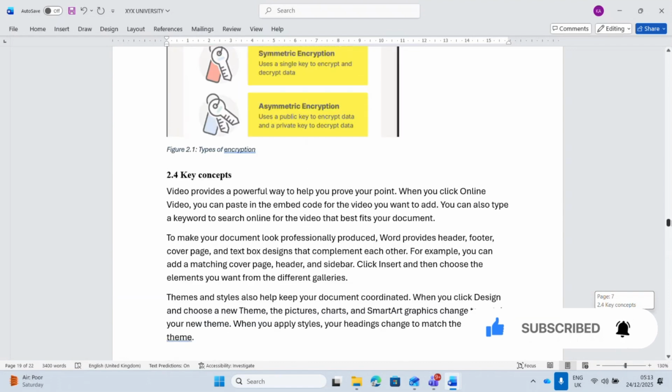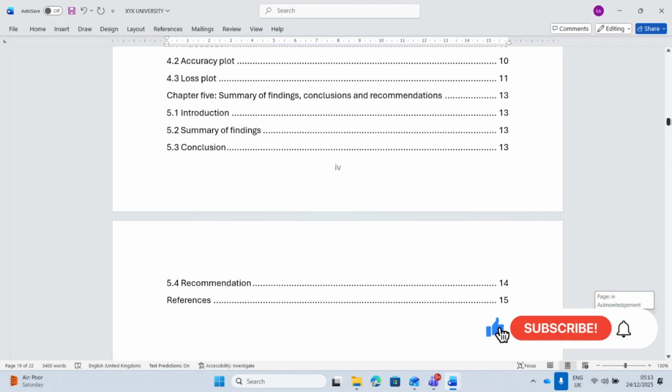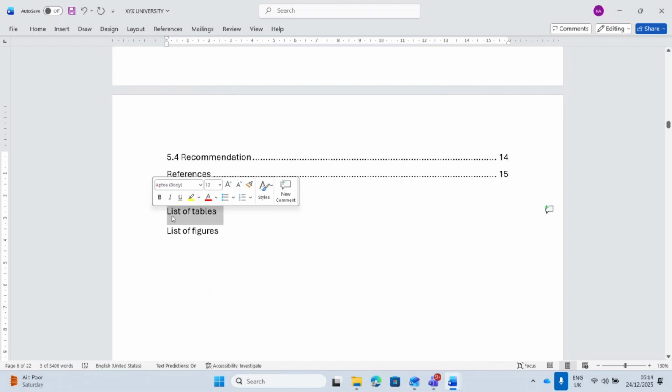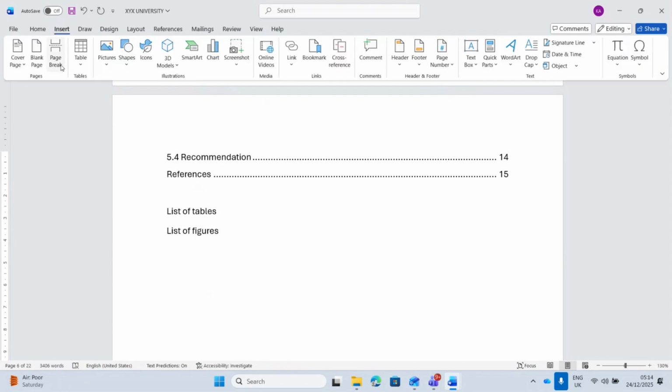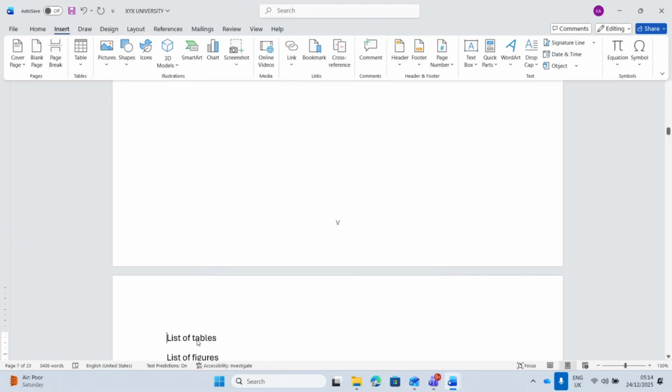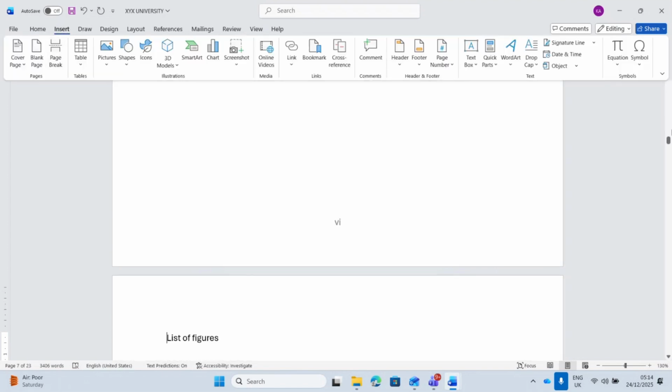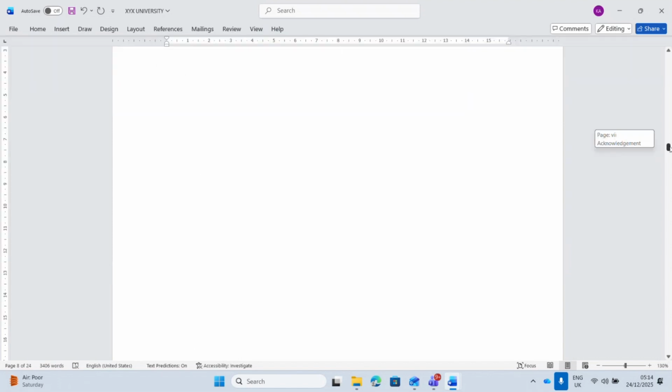based on these numbers. So I go to my table of content and then I type in here list of tables and then list of figures. So normally I prefer having my list of tables on one page and also list of figures on another page. So here the same way I can go to insert page break, have this moved onto the next page. Then I put my cursor here and also move this onto the second page, the next page, which is